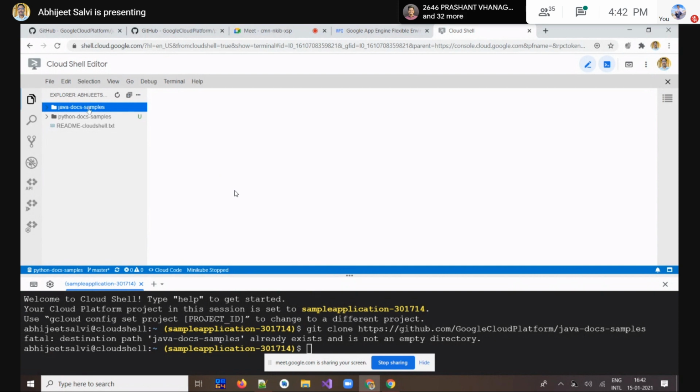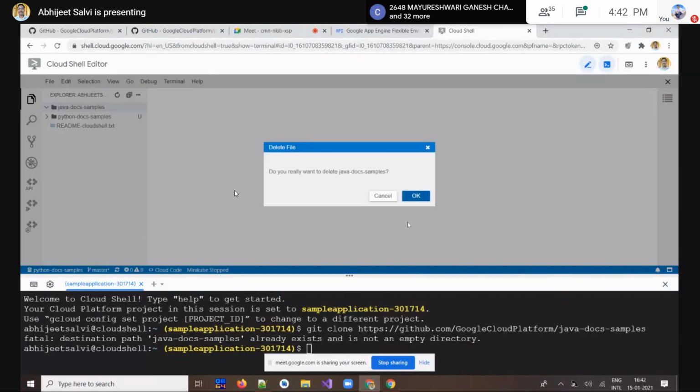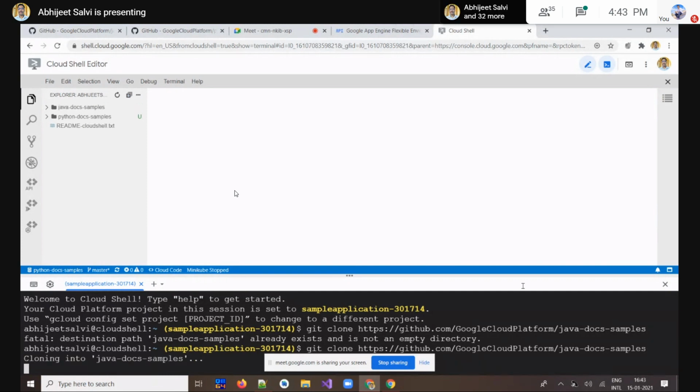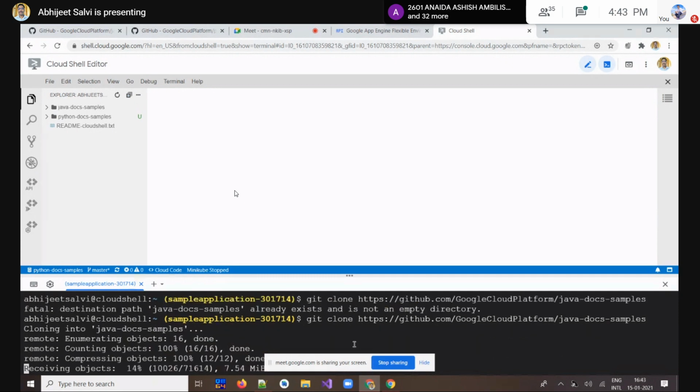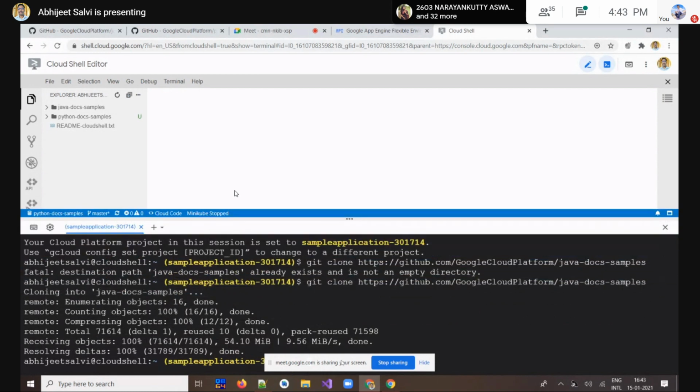Not empty? Okay, let me delete that and do it once again. Let's see now. Yeah, now it's getting added. Within 2 to 3 minutes, we'll get the clone. I hope that everyone is getting that process. Let me shift that window up a little bit so it displays properly.